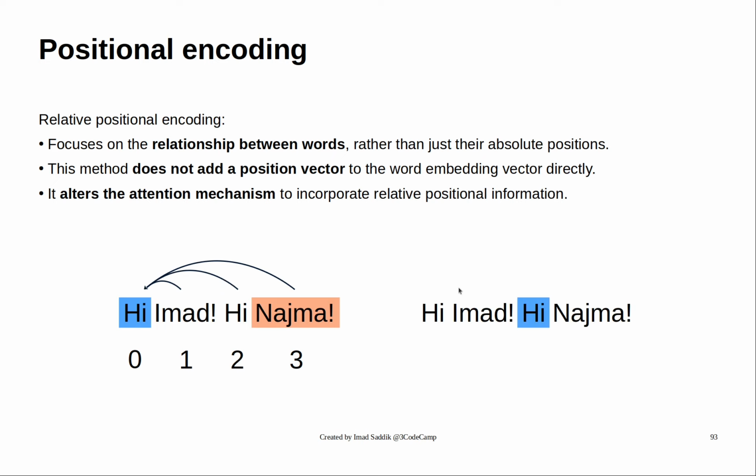But in the other case, let's take the second "high". You can see that this one will have a distance of 0, but the ones that come before it will have a negative distance, and the ones that come after it will have a positive distance. What's cool is that nearby words or tokens have more influence and distant ones have less influence, just like how natural language works. So this is how relative positional encoding works, and as you saw, it's different from absolute